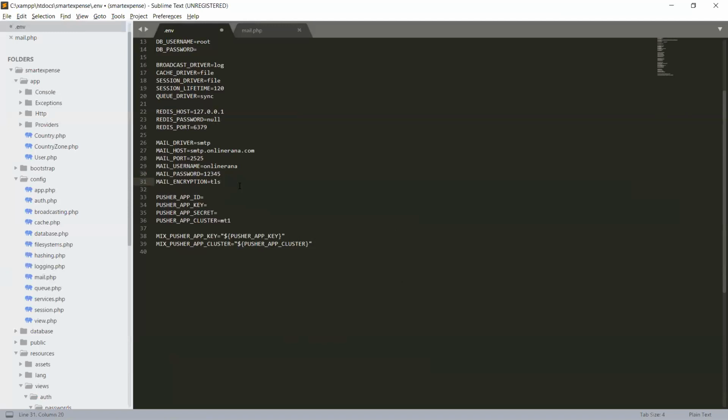Simply, you have to give the SMTP settings here, and the mail will be triggered.